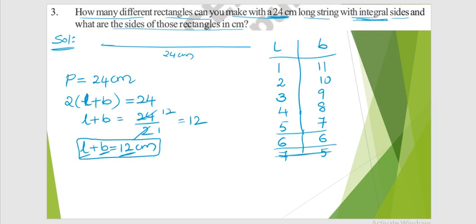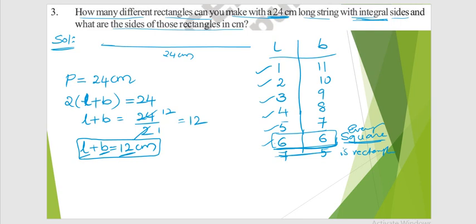Right. So in the rectangle, length will be changed as breadth and breadth will be changed as length. So we can stop here. Right. So totally how many types of rectangles have we formed? 1, 2, 3, 4, 5, 6. You may have a doubt, sir, this is 6 and 6, no? If all sides are equal, then it is a square, right? Then why are we calling it a rectangle? So every square is a rectangle. From this what I can say, every square is a rectangle.